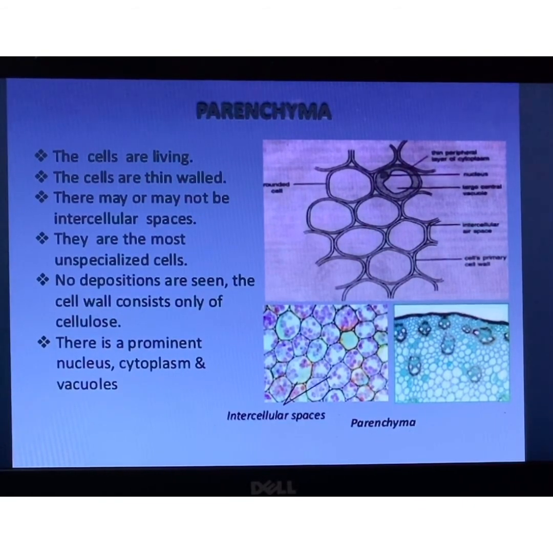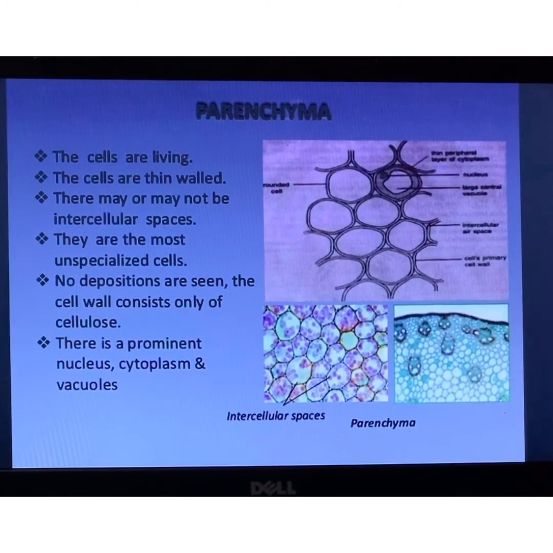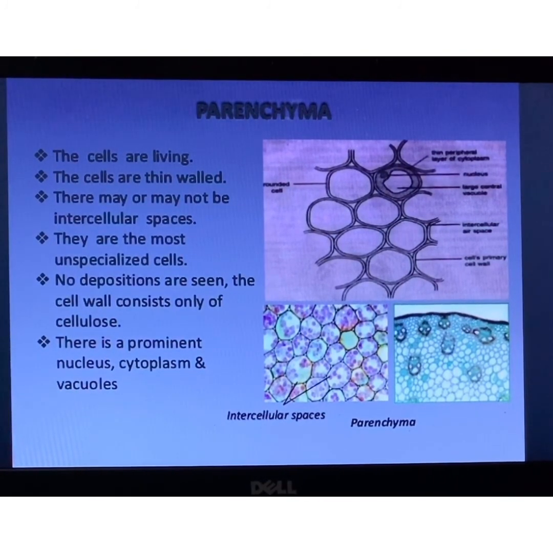All right, so you will have to remember these characteristics, and you can expect questions like, we might give you a diagram and you're supposed to identify the type of tissue by looking at the diagram. So for that, you have to justify your answer. And when we ask you to justify your answer, you should be able to give us the attributes or characteristics of those tissues that you're observing in the diagram. All right, you need to remember the characteristics. What are they? Let's have a quick recap.